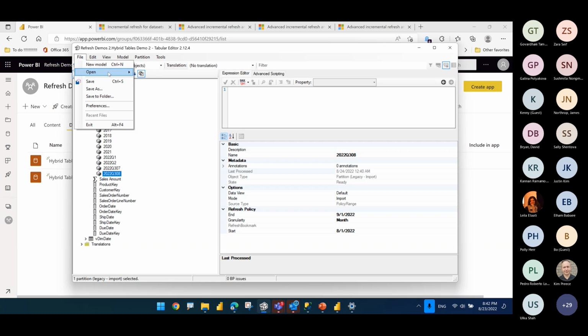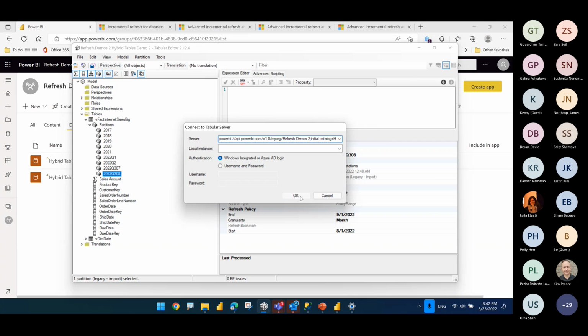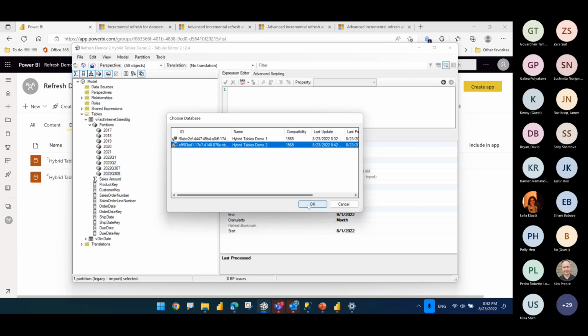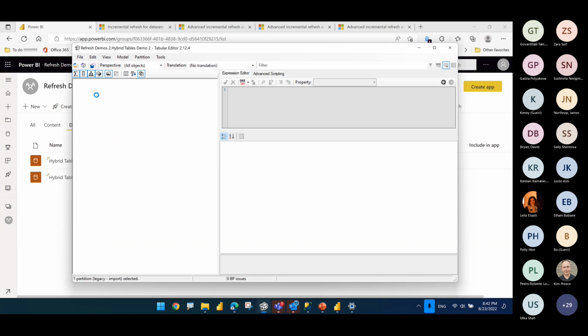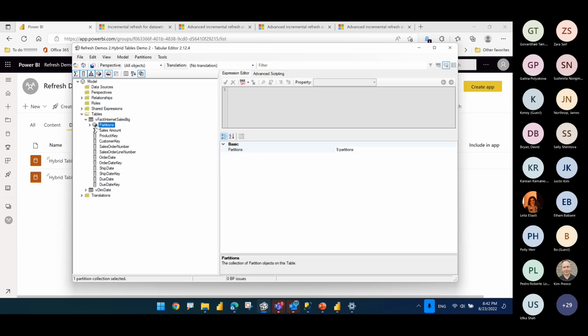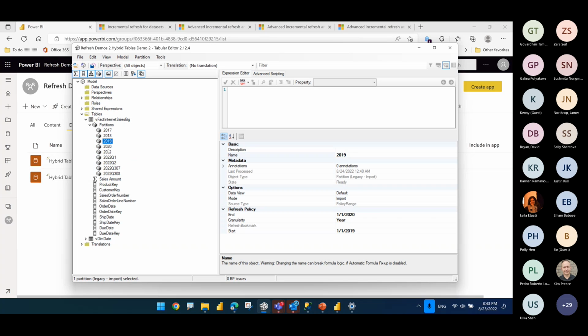I'm going to go here and reopen this one to get it to refresh. There might be a better way of refreshing this, I just don't know. So this is the most reliable way that I have to get it to refresh. So I go to partitions. So notice we're looking here. It's 1240, 1240, 1240, 1240. This is 1242. So from this point on, anytime you do a refresh from the service, it's going to only refresh the last month.